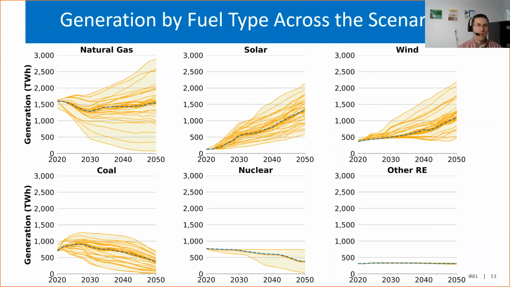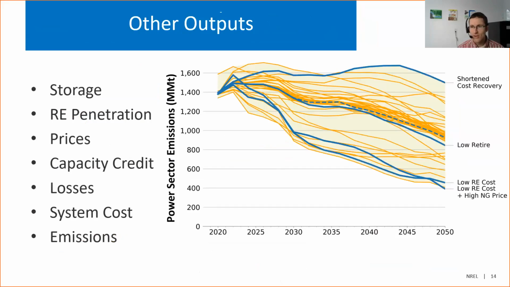This is our generation by fuel type across the 45 scenarios. The dashed line is the mid-case, so you can see what that mid-case assumption looks like. You can see what all the other scenarios look like. You will see a clustering typically around the mid-case, and that's because everything changes things relative to the mid-case. So when you make a change and it doesn't have a big impact, you'll get another solution that's close to the mid-case. That doesn't mean the mid-case is more probable. It just means that we explored more scenarios that are similar to the mid-case than otherwise. But now we can start to see how futures change in different technology types, and you can start exploring lots of different dimensions here. So next slide.